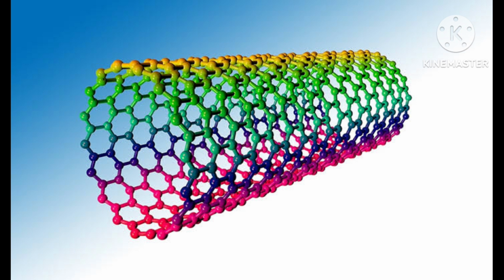Today I am going to discuss carbon nanotubes and fullerenes. Both come under nanomaterials. First I will tell about carbon nanotubes, also known in short as CNT. A carbon nanotube is a tubular structure made up of carbon atoms, having a diameter of nanometer order but